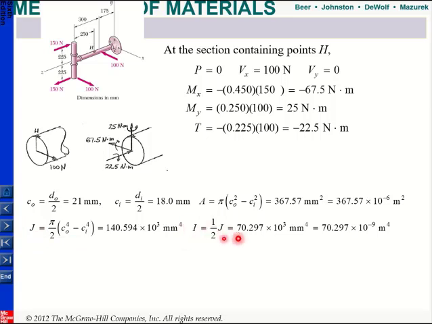Okay, I is just half of J. So if I do that, I can get all these properties. And also, this is important for you to know. If I apply a shear